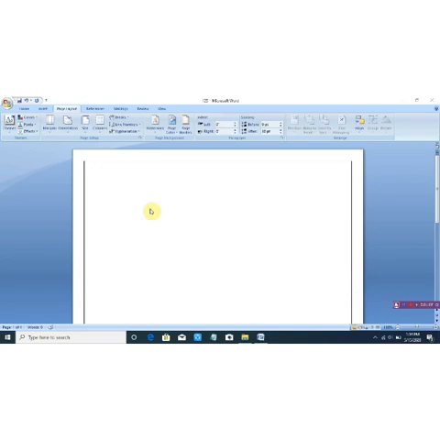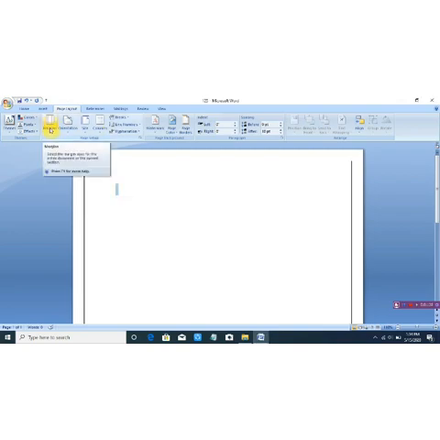When we create any Word document, by default the margin is 1 or 2.54. Now I want to change it. So first we will go to the Page Layout option. You can see here margin, orientation, size and columns.